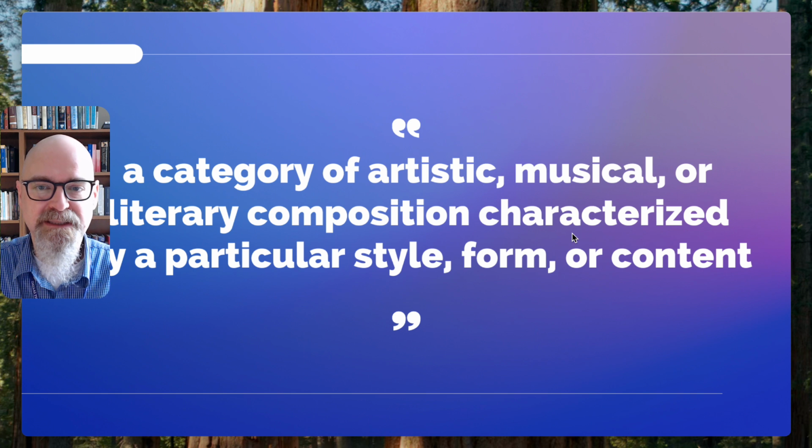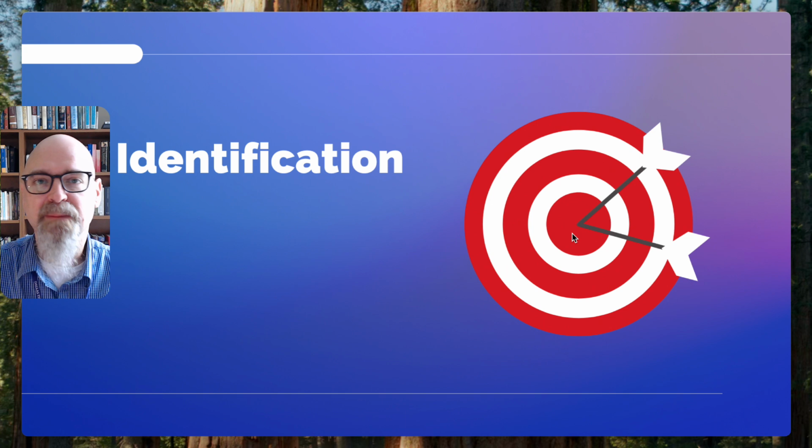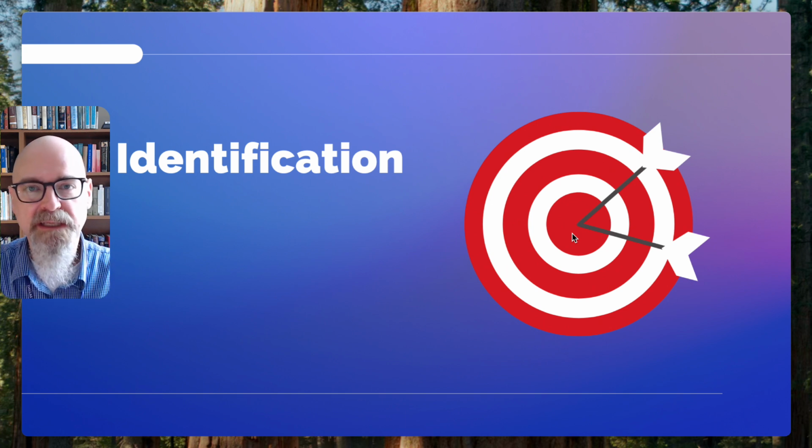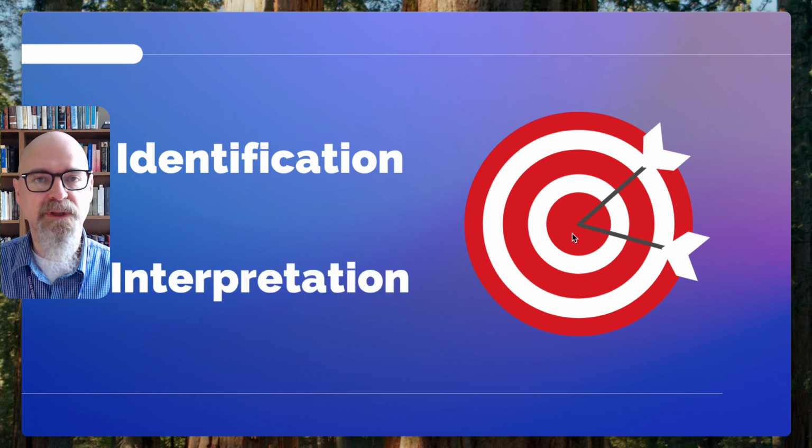What that means is that we can organize things that we read according to the features, the content, the style, etc. And the goal is twofold. We want to first identify what we are reading, because as you know, the Bible is a big mix of different writings. It's got lots of different things in it, and so identifying them can help us as we think through what we see and as we digest it and as we seek to understand it. But then, perhaps more to the point, knowing what we're reading then helps us with interpretation.